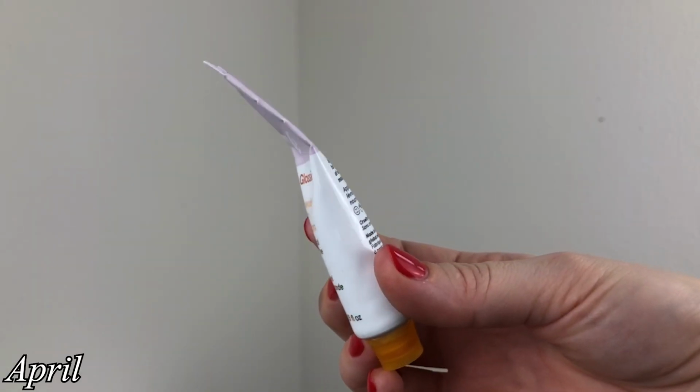Next up is my Glossier lip balm in lavender. This is old, you guys. This has got to go at the end of this year, whether or not it's done. And just a spoiler alert, it's not going to be done because these take so long to get through. This is from before they reformulated and then they brought back the formula again. They also changed the packaging. So this has just been kicking around for way too long for a lip balm. So like I said, I will be tossing this once the project is over during next month. And I have not been counting uses on this one because